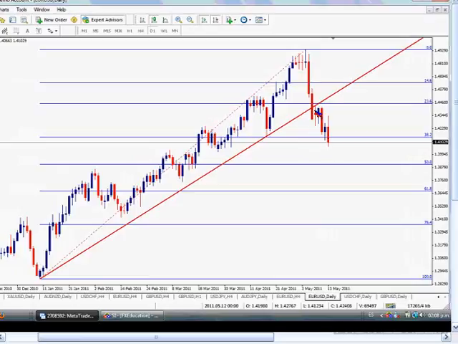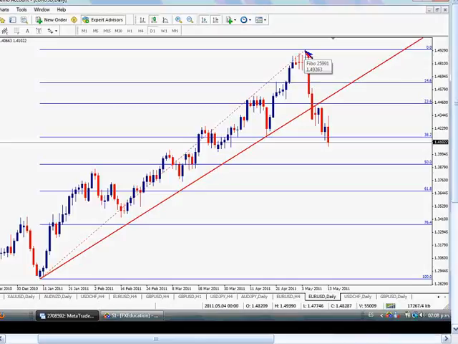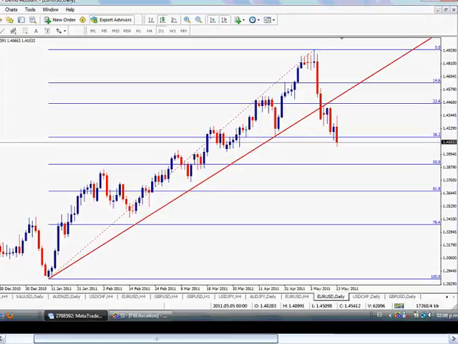But the first break of the trend line is just not enough to talk about a trend change, right? It's not enough. We can see a corrective movement, like in this case, and the pair regaining the upside, and maybe it will overcome the trend line again. In that case, the trend line should be discarded, okay? But